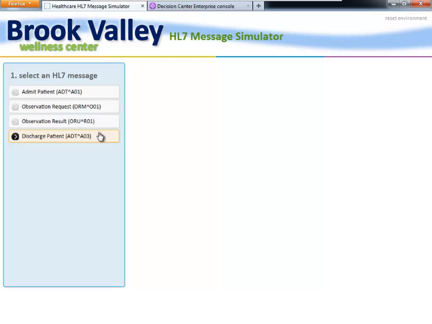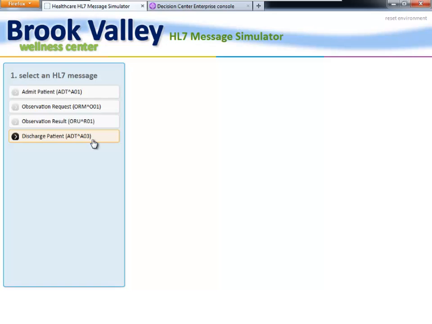What you're looking at right now is just a little application that I created so that we can send HL7 messages through the system to be able to detect and play with those messages and do different things with them to be able to integrate. So these are these 4 messages that you see on the left-hand side. The admit message is the ADT A01, observation request is an ORM O01, observation result ORU R01, and then obviously our discharge is an ADT A03. These are the messages that we're actually going to send through the system through this little simulator that I built to be able to inject them in.